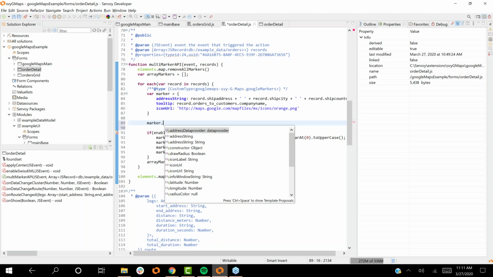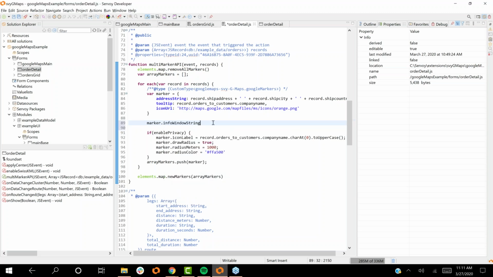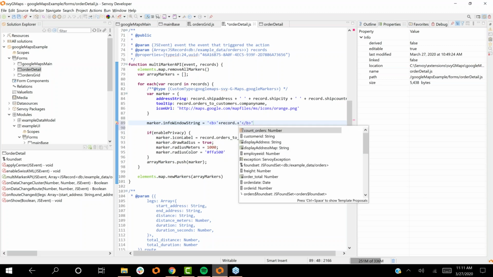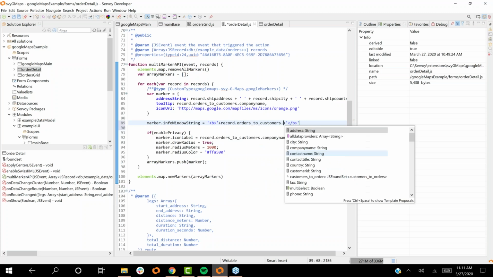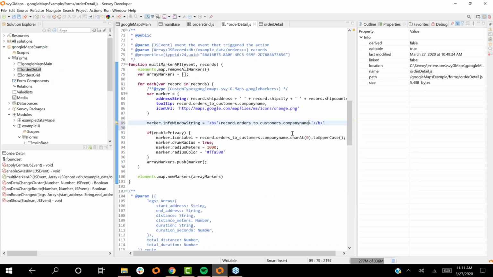So one thing that I'll do is I'll set the info window string, and I'll show you how I can click on the marker and get an info window, which is also a new feature. So suppose I want to make it data driven and I want to use some markup. So I'm going to put a bold tag or a strong tag here and pass in just a touch of markup and also a bit of data, and I'm going to grab the record and get the orders to customers, company name, and then maybe I want to put a break tag in there